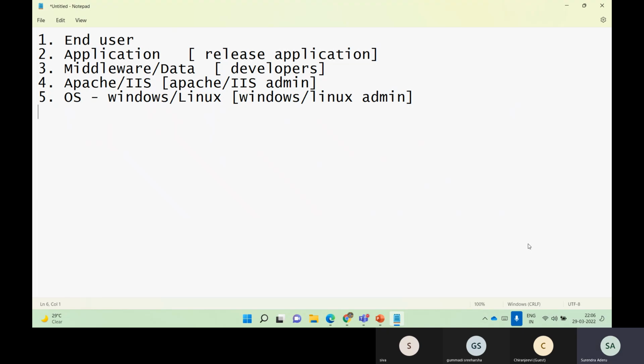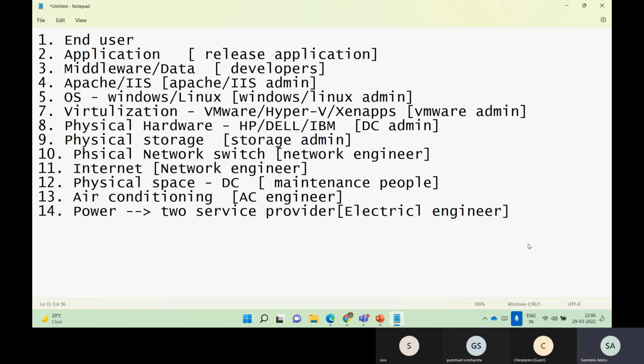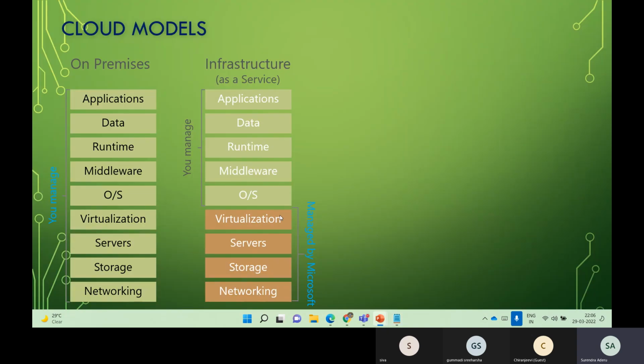You will be responsible from creating a virtual machine based on the CPU and memory which you need. Run your applications, middleware, get the data from developers, run the application. You are nowhere concerned about where it is or who is handling it. That is completely taken care of by your cloud vendor. In this scenario, who is your vendor? As we are discussing the Microsoft solution, the cloud vendor is Azure, owned by Microsoft. Is it clear, guys, what is meant by infrastructure as a service? Till the virtualization layer will be taken care of by the cloud vendor. From the operating system to the application layer will be held by ourselves.